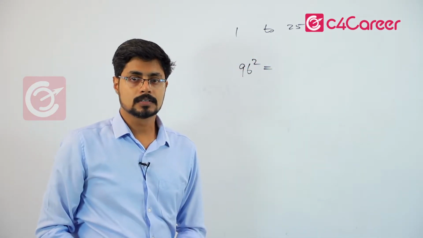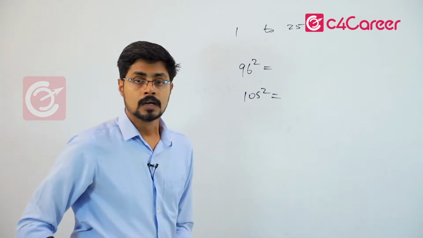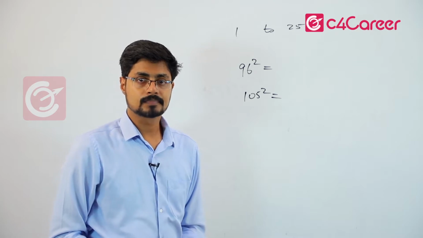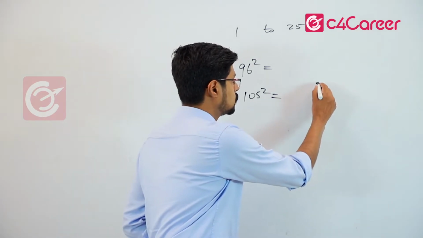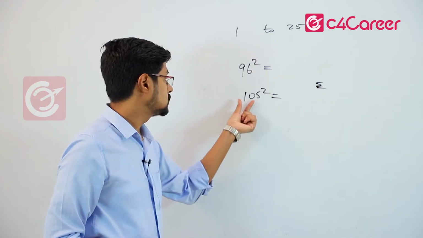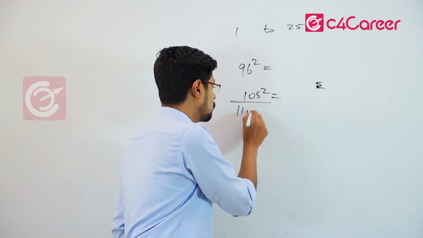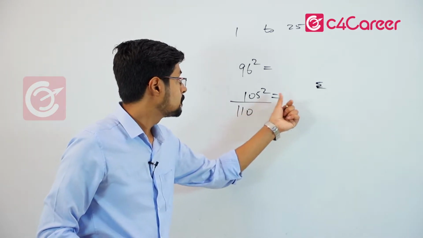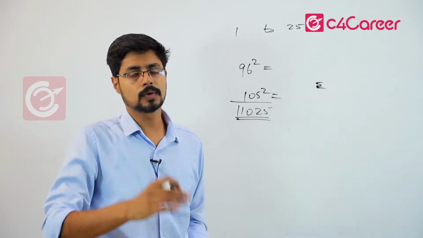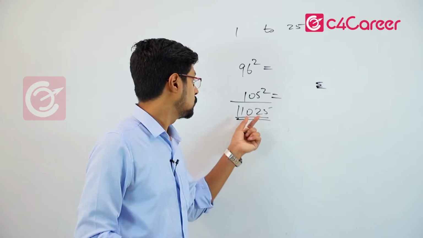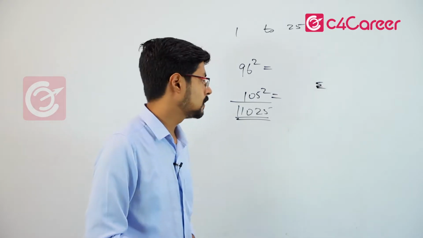Look at 96 square, or look at 105 square. These numbers are near to 100. So what was the method? Take the difference from 100. That difference is going to be 5. The first part is 105 plus 5, that is 110, and the second part is 5 square, that is 25. So most of you can now mentally calculate this. If you have followed the first part, you will be able to mentally calculate this answer without actually having to write. But let me take another number,